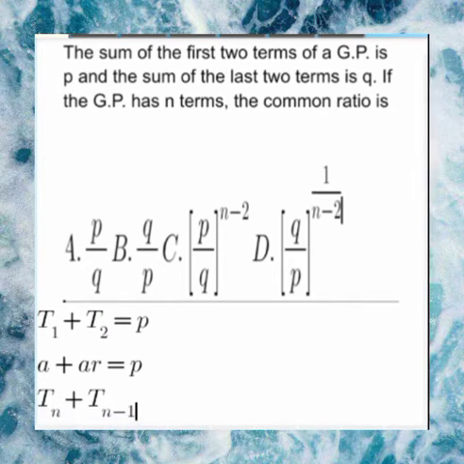So we are told that the sum of the last two terms is Q. So the last term is Tn and the term before the last term is Tn minus 1. So this is going to give us,